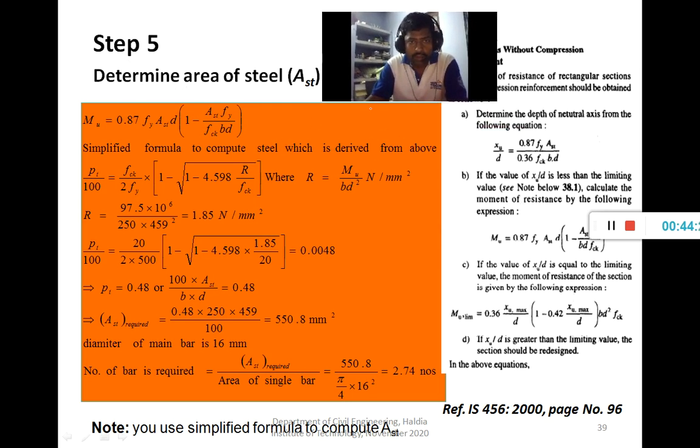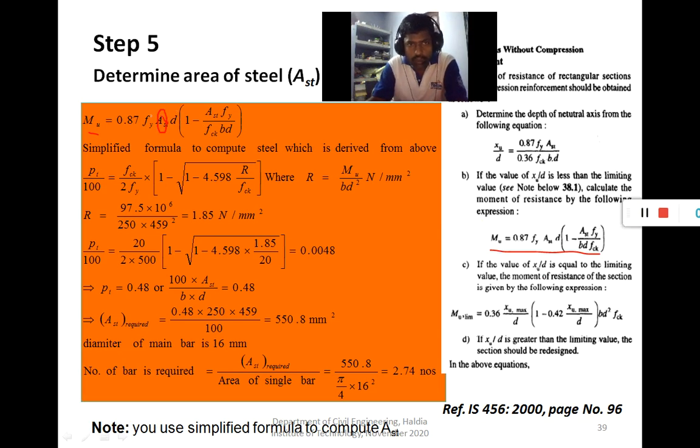As the section is under reinforced, we use this equation. This equation you can use to find the area of steel. Here Mu is known, all the parameters are known, only AST is unknown. So we find out AST.